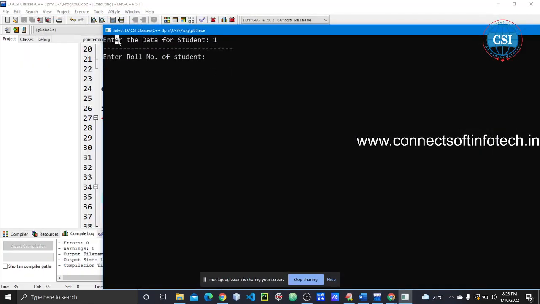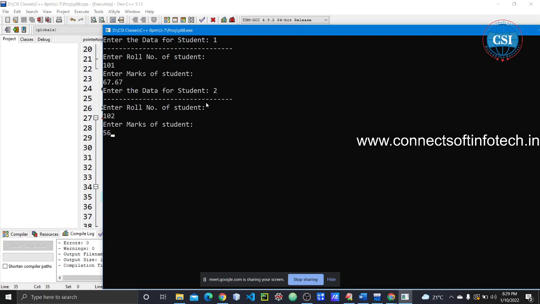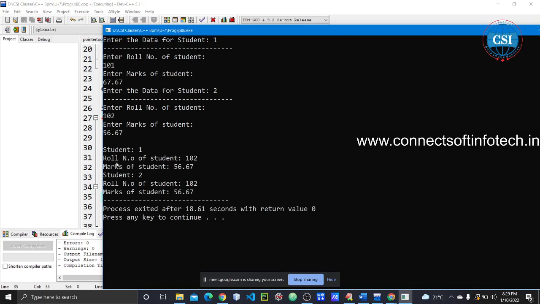Okay, enter the data for student 1. Okay, the roll number, right? Roll number 101. Okay, marks something. Okay, enter the data for student 2. Okay, roll number 102. Okay, the marks is something. Now you can observe. Okay, now you can observe roll number of student 1.